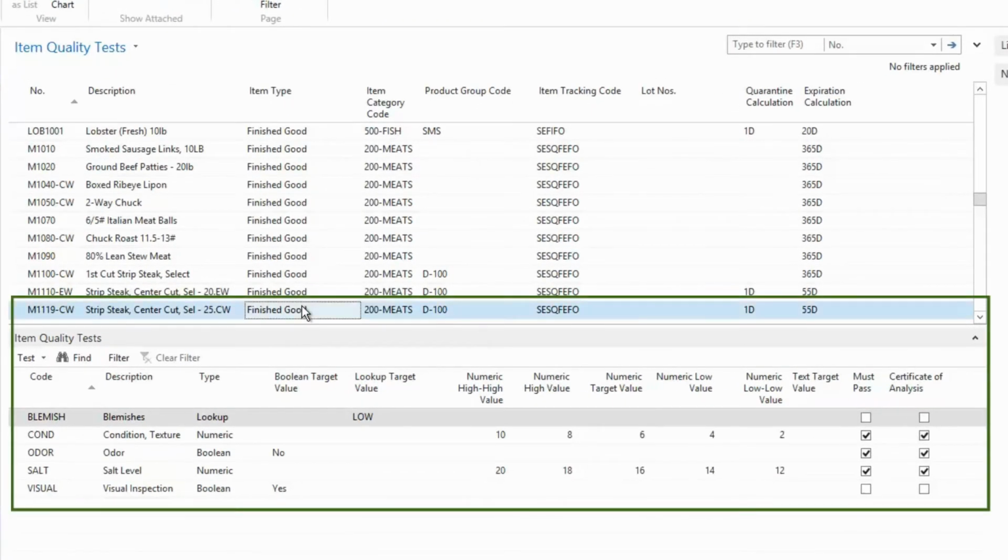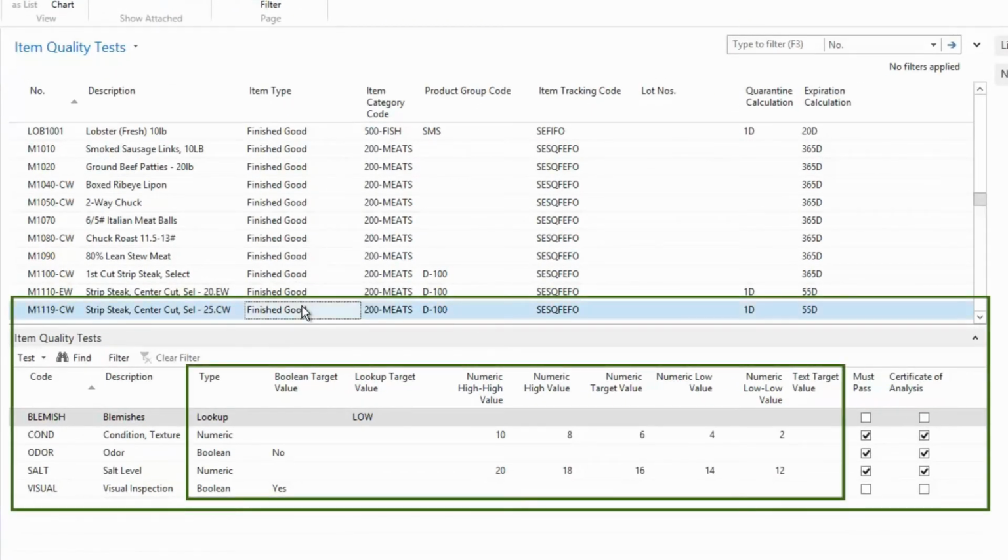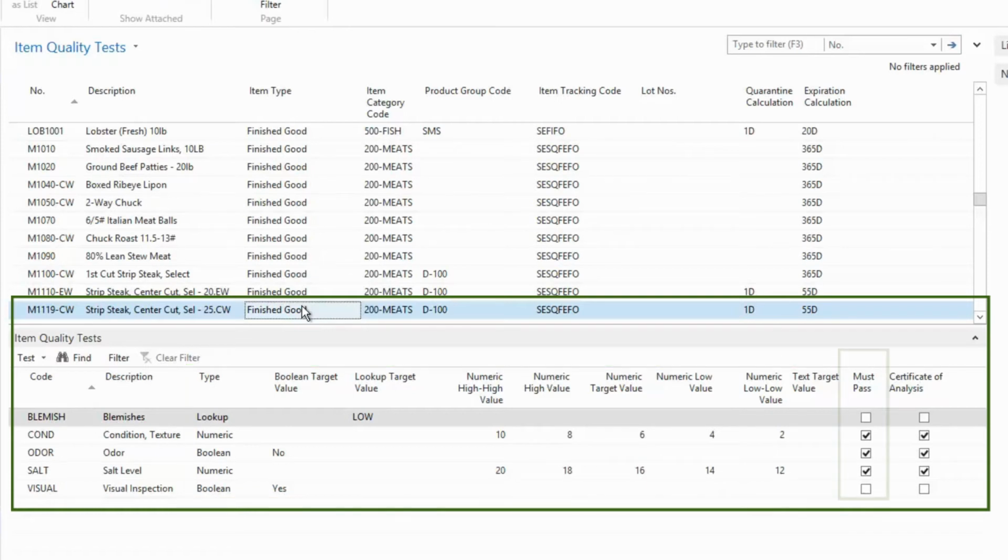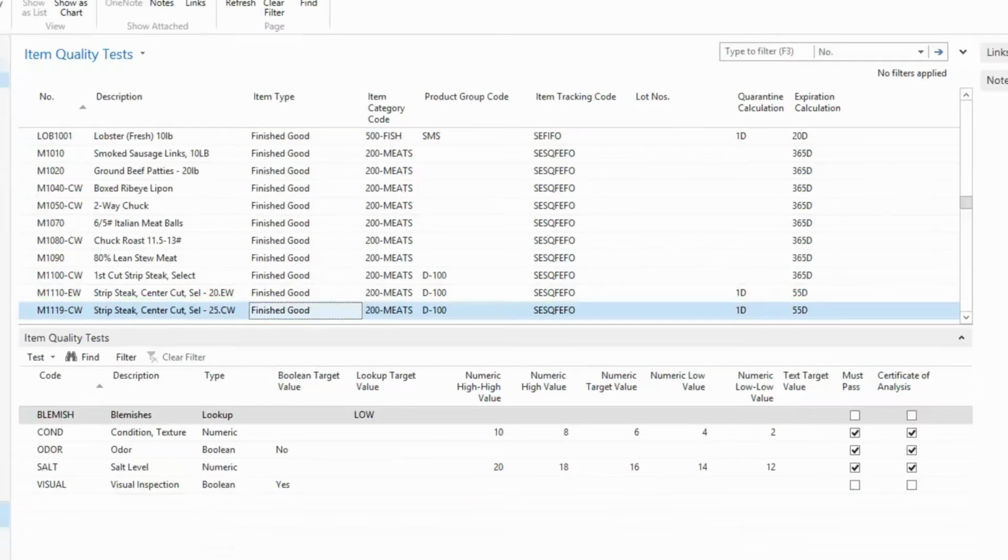Based on the data control element type, for each test, the target values are also populated. The system uses these target values to compare against the actual test results entered. This is the basis to determine pass-fail. Must pass indicates that the QC test results entered must meet the targets in order for that lot to successfully